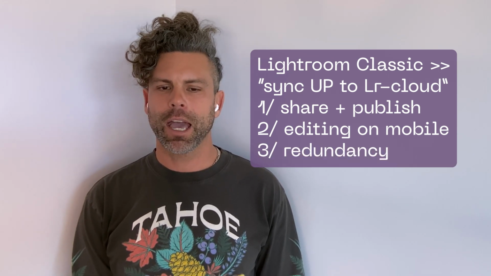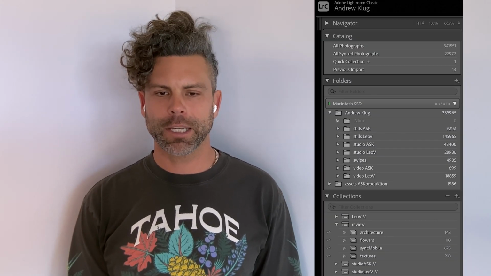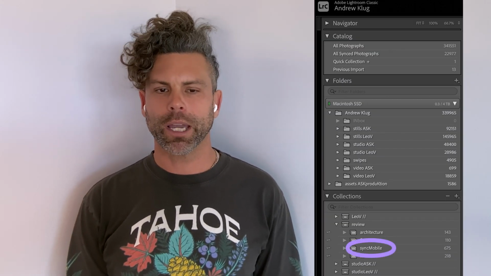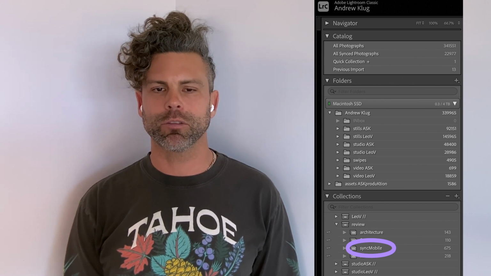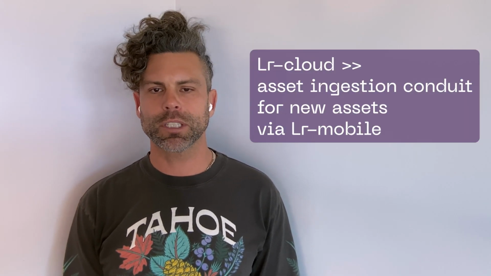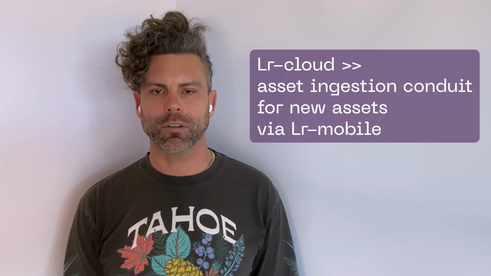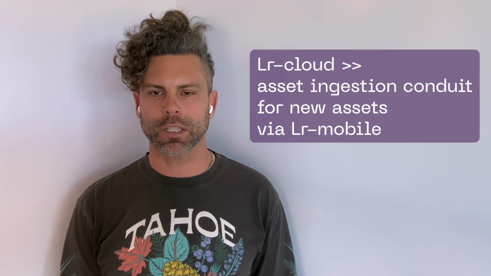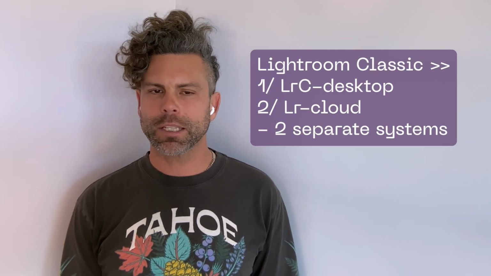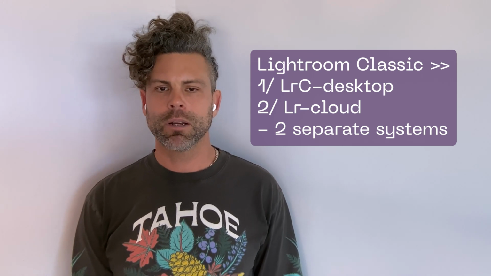And finally, having one more redundant copy of your assets in Lightroom Cloud. I therefore maintain a collection called Sync Mobile, where I can drag assets ingested into Lightroom Classic Desktop that I may wish to edit on mobile. But for the most part, I don't worry too much about keeping everything in Lightroom Cloud, since I use it mostly as an asset ingestion mechanism and conduit, for importing newly created photo and video assets from my iPhone via Lightroom Mobile. So Lightroom Desktop and Lightroom Cloud must therefore be understood as two separate systems, bridged together by a